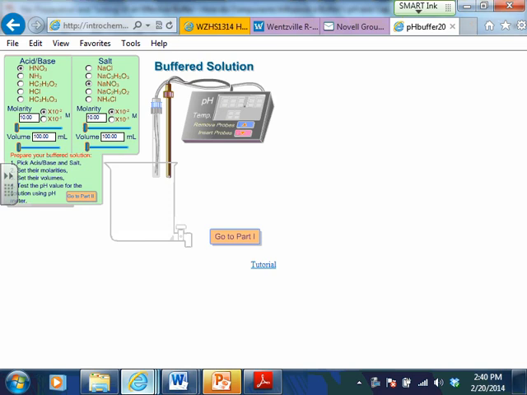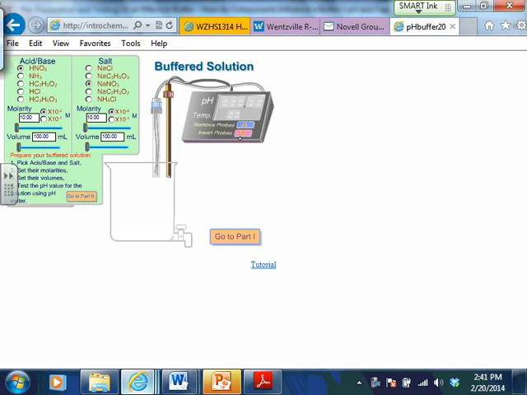The weird thing about this, I don't know why they do it this way, is the molarity is 10, but then it's 10 either times 10 to the negative second, or 10 times 10 to the negative first, which basically translates to, if you have it on the top one, it's 0.1 molar, and if you have it clicked on the bottom one, then it's 1 molar. Again, I don't know why they do it that way. They say to keep the volume at 100 milliliters,